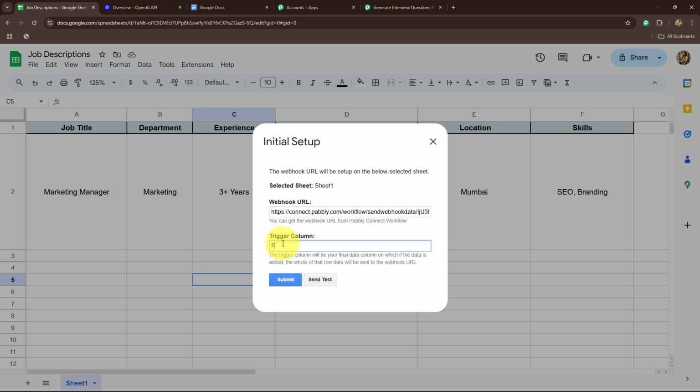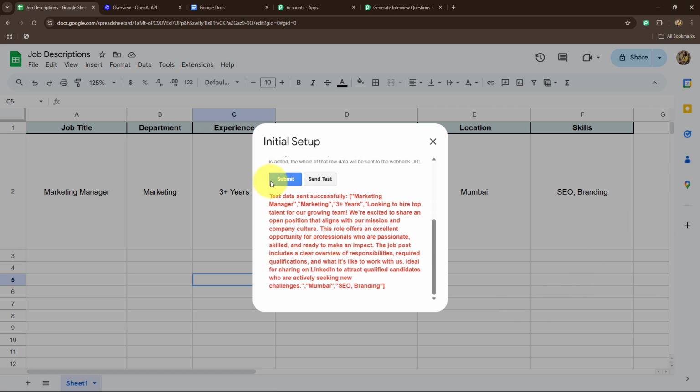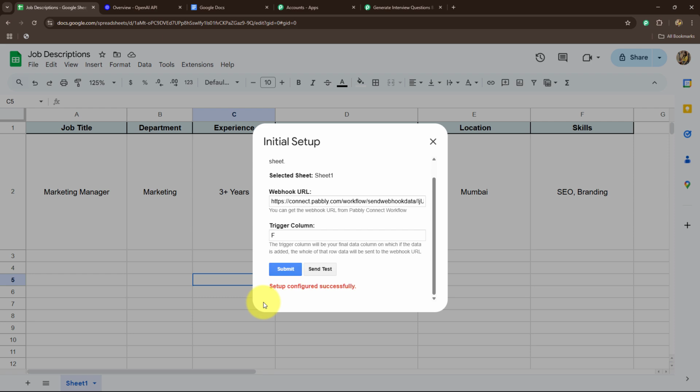So here I'm going to decide F as my trigger column. In a similar manner, according to your spreadsheet data, you can decide a specific column and enter it over here. Then we have to click on send test to send the test response of the second row towards Pabbly Connect. As the test data is sent successfully, now I'm going to submit this initial setup and the setup